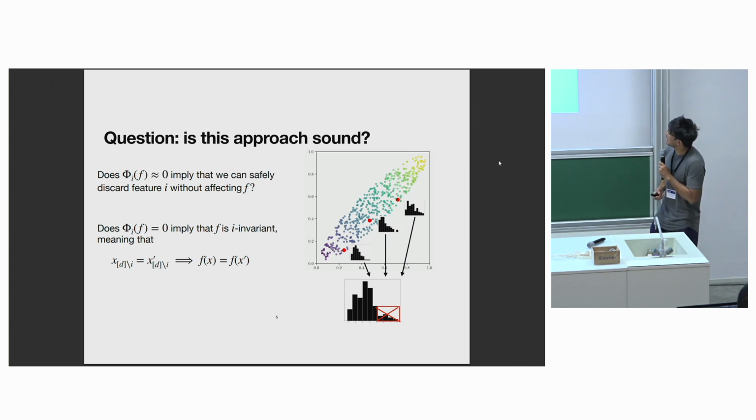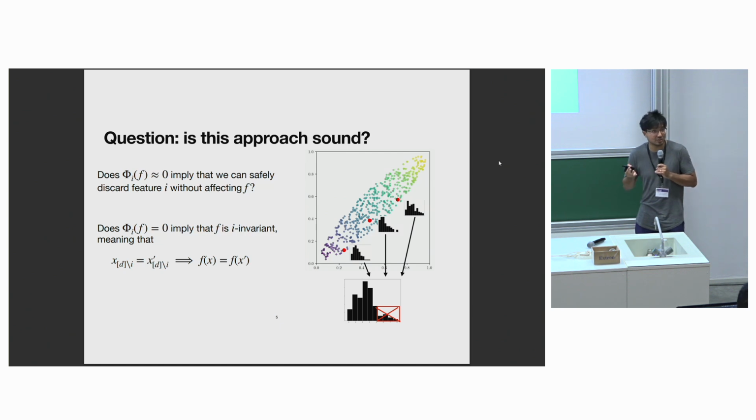So a little more precisely, we will say that a function is i-invariant, where i denotes one of the features, if it doesn't change when you simply change that feature. Another way of looking at it is that if you just fix all of the other features constant, this fully determines the function's behavior. And maybe a more loose question you could ask is, if the aggregate SHAP value is close to 0, does this mean we're close to an i-invariant function?